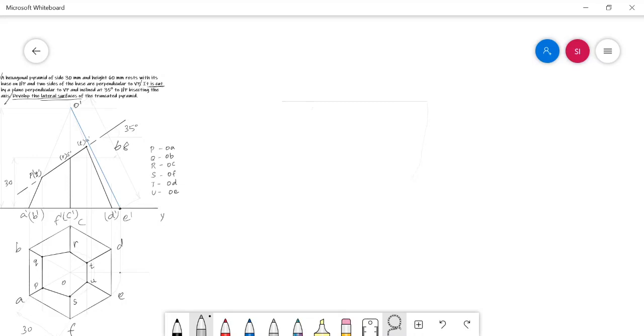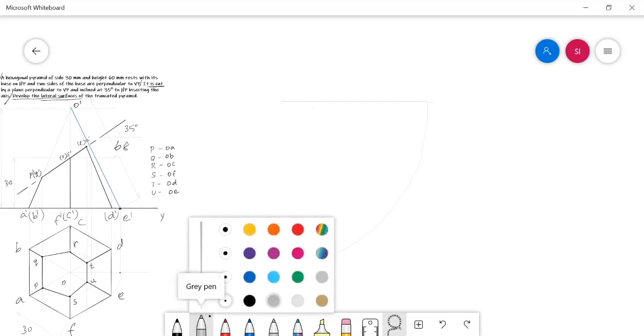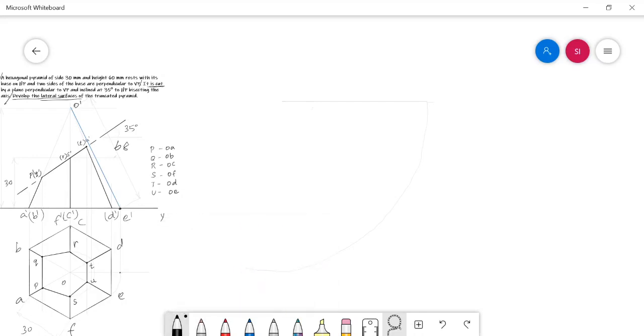This is not a perfect arc, but in this instant I am drawing it in a rough manner. And then, from the extreme end of the arc, take your compass with radius equal to the base side length of the solid, that is 30 mm in the compass. From this end, cut points.